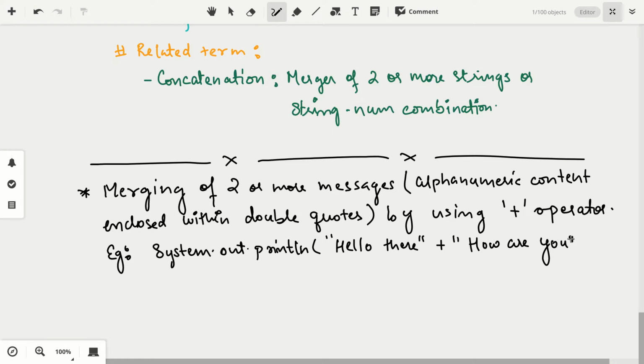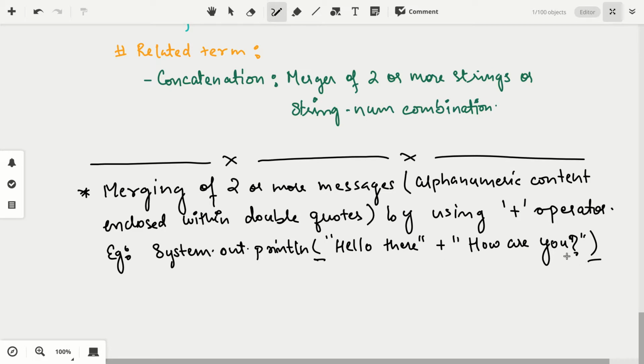So will it print hello there and in the next line how are you? No. What I am saying is whatever is there within the parentheses, it will first print that and then it will change line. It won't change line in the middle. Okay. So it will first print whatever is inside the parentheses. What are parentheses? I have said these are the parentheses. So whatever is enclosed within these, it will print first and then only it will change line. It won't change line in the middle until it has printed everything that is inside.